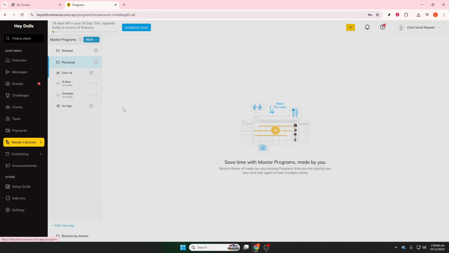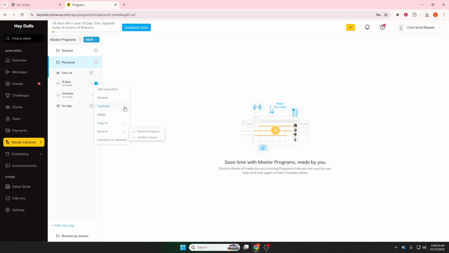Click Save and Close. To assign the program, go back to Programs, find your new plan, and select Assign to Client. Choose the client, set the start date, decide whether to replace